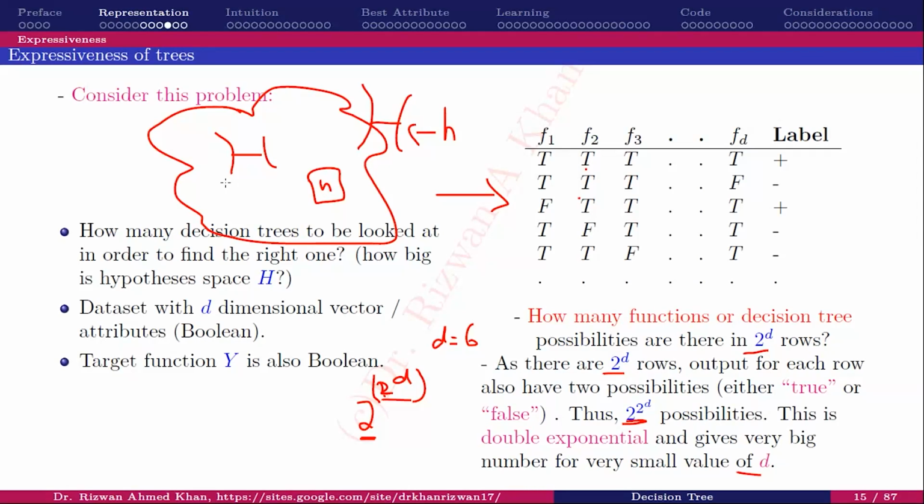This curly H is very expressive, and it can represent any function. Like in terms of exclusive OR, it will visit each and every example and will build a node based on one example. So it's very expressive. Every function we can represent using this curly H space, but we need to find a small h or the best h based on the data set that is given to us, right?